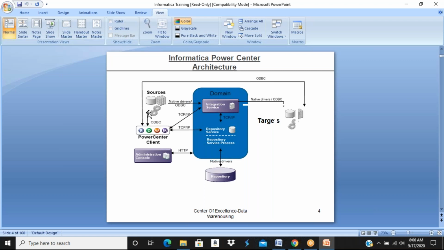So once you get the source table structure and the target table structure, you're going to create a mapping. Mapping is a data flow diagram which tells us how data flows from source to target, right? So what all code is stored in your repository database? Folder name, source table structure, target table structure, and mapping. Whatever code you develop using client components, everything is going to be stored in the repository database.